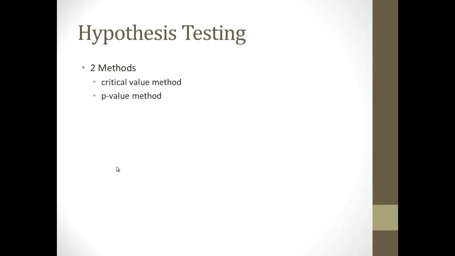When we talk hypothesis testing, we have two methods. We're talking the critical value method and the p-value method. You're going to learn that for both mu and the population proportion p. In the next videos,